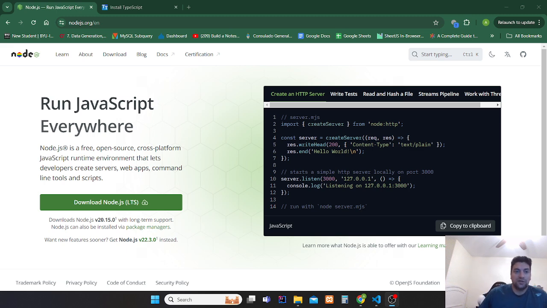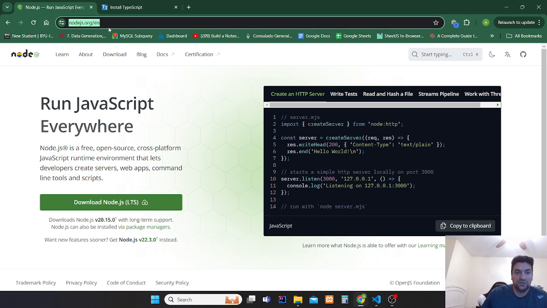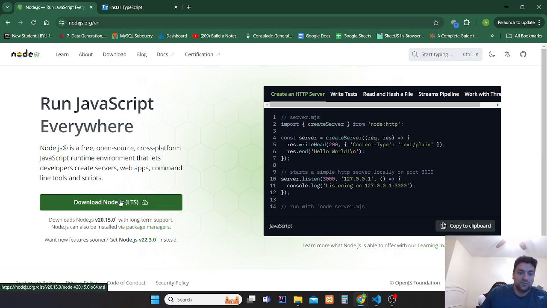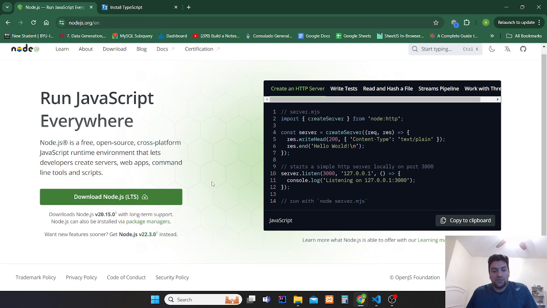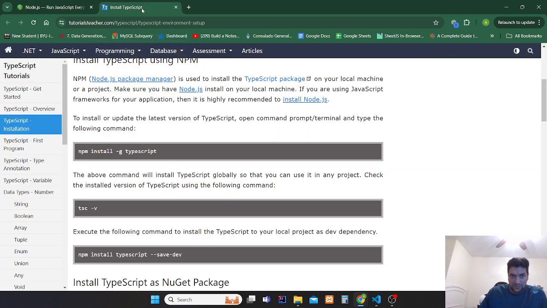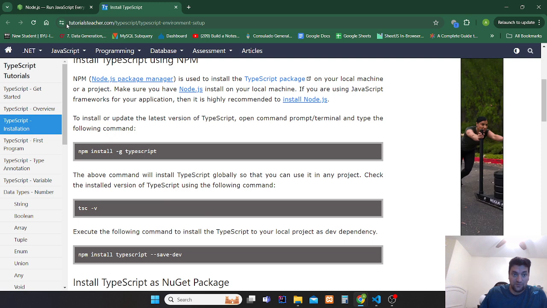If we go to the website nodejs.org, it will give us the option. It's free. Once we press here, we decide if it is for Windows, and we can download it. Once we download it, we have to do a few things in the terminal. You can find those instructions. I didn't want to use all the time, so I suggest you Google.